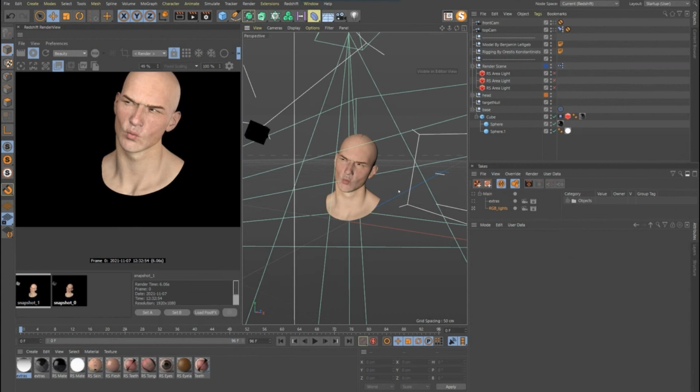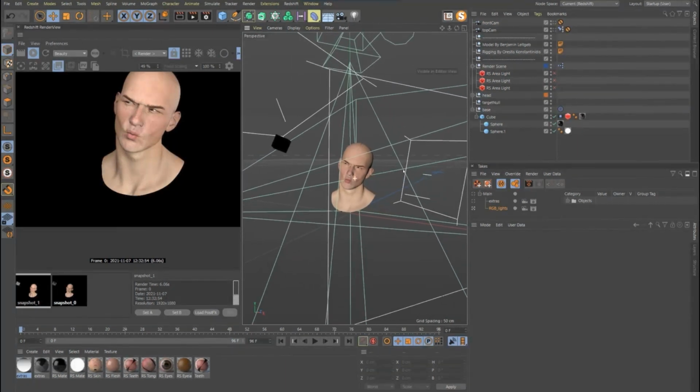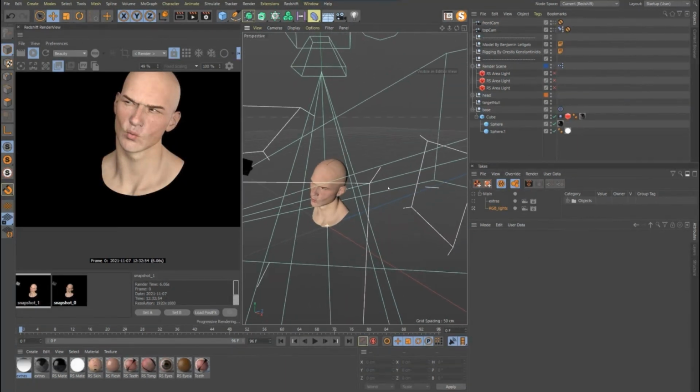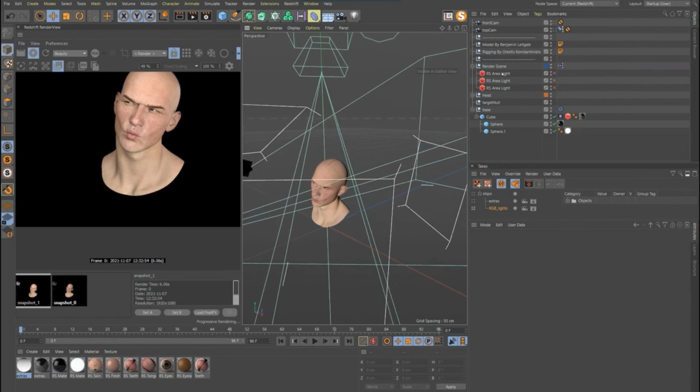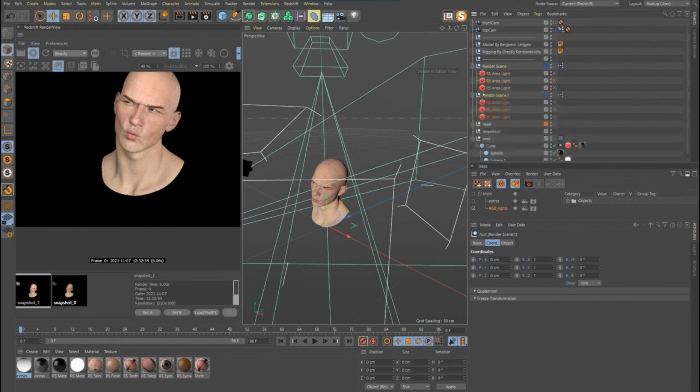So let's start making some RGB lights. This is going to be pretty simple. We can actually just duplicate these lights we have here. And let's duplicate those. We'll call these our RGB lights. And we'll go with R. Right now this is kind of arbitrary since we'll move these around.